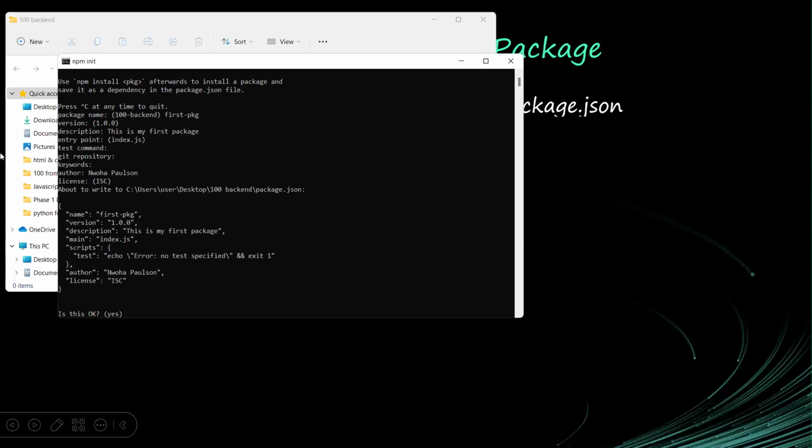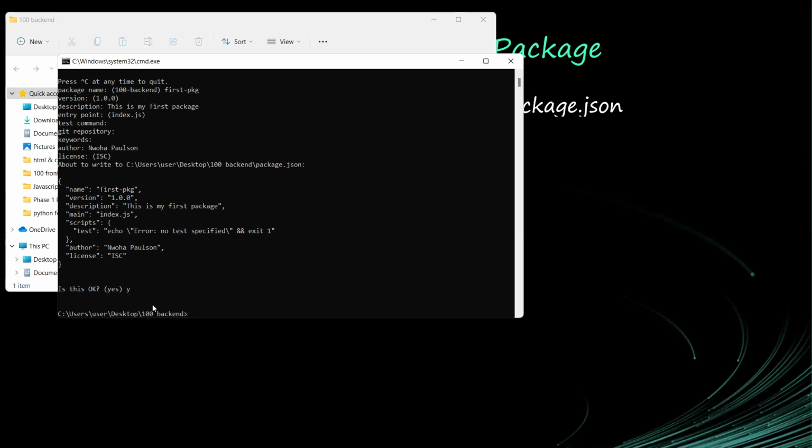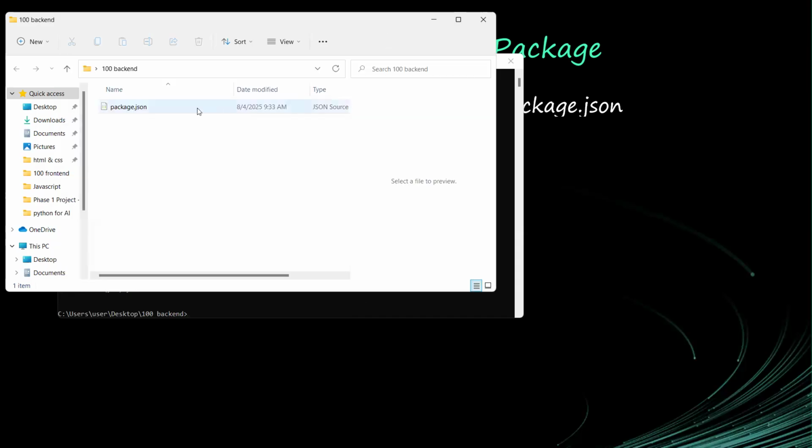So this is what the package.json is going to look like. So it asks, is this okay? I will type Y and say yes. So you can see, I have created a package here. So if I go now, you can see inside here, we have,